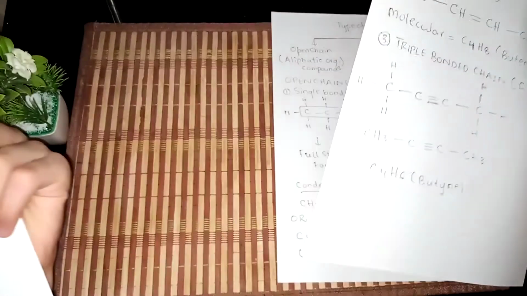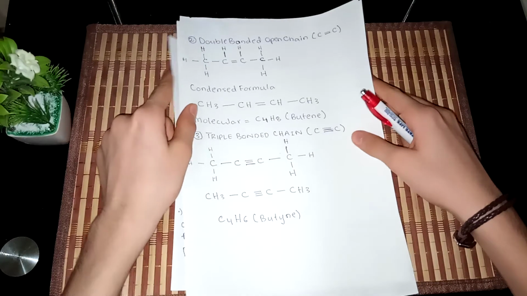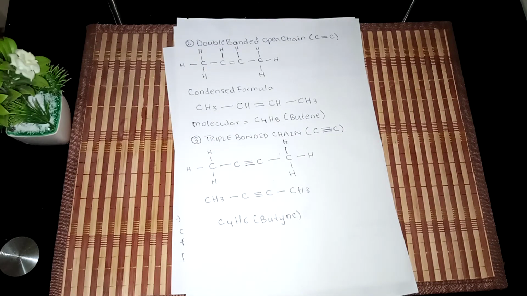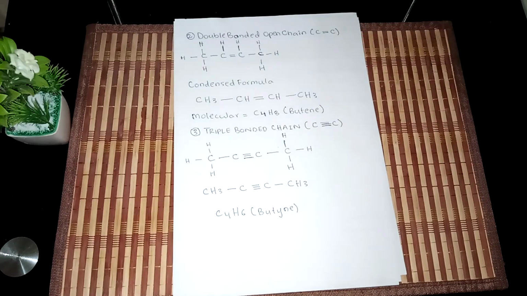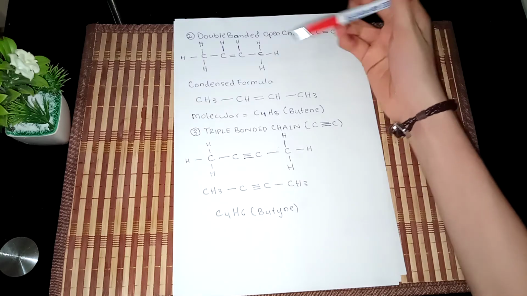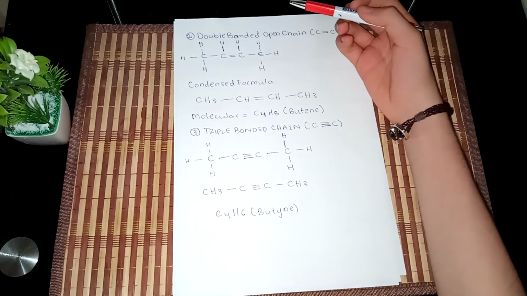So here it is. So here are the double bonded open chain. I first told you about the single bonded open chain, and now I am telling you about the double bonded open chain. Here you have a double bond between the carbon atoms, and if you see clearly,